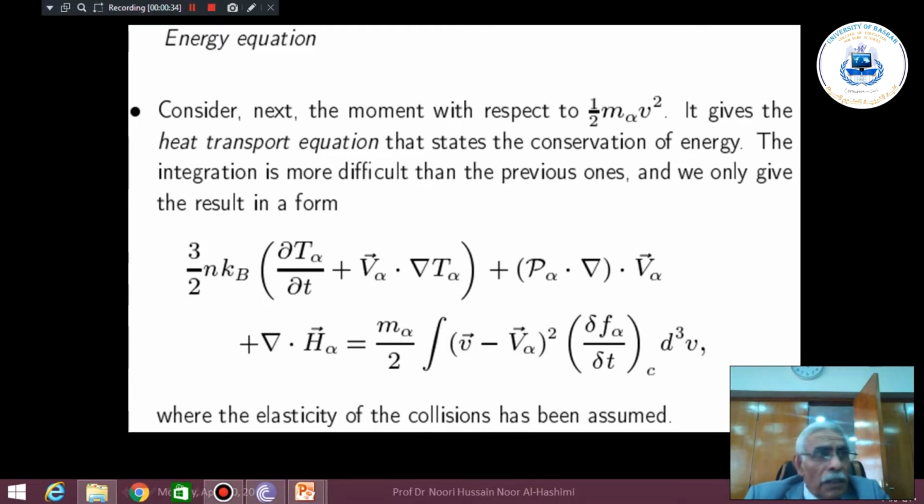We said alpha defines the species of the plasma. It gives the heat transport equation that states the conservation of energy. The integration is more difficult than the previous one, and we will only give the result in a form